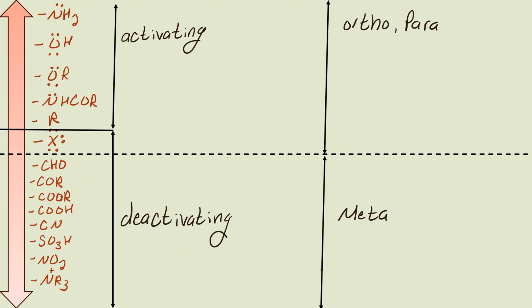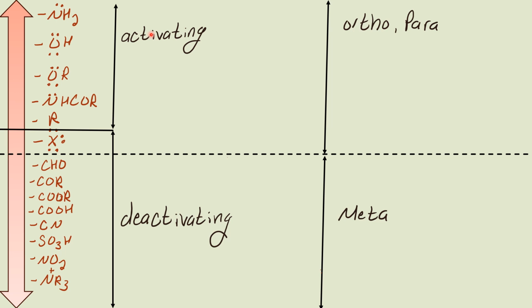Let's get a summary of reactivity and directing effects. The groups above this solid line are activating groups. If these are added to the ring, it will react faster than unsubstituted benzene. Below this line are deactivating groups, which will make the ring react slower. The groups above this dotted line are ortho and para directors, so they'll make incoming substituents add in the ortho